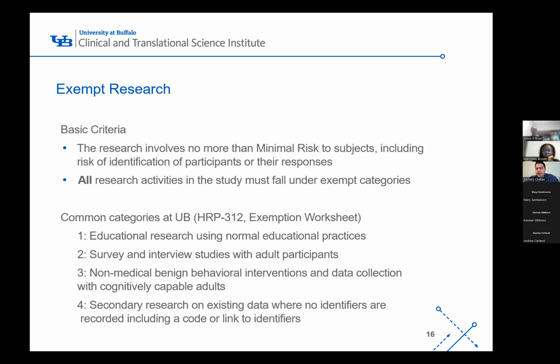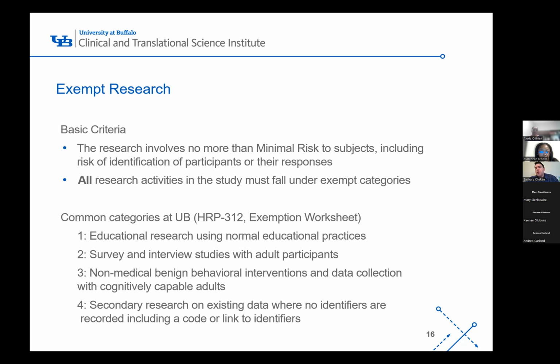So there are certain cases where you may think that your study is exempt and provide a justification for that, and we will try to go along with that if it's accurate. But if there is one detail about your study that lifts it to expedited, we will have to review it in an expedited manner. And all that really means is that expedited level research is also no greater than minimal risk research, but